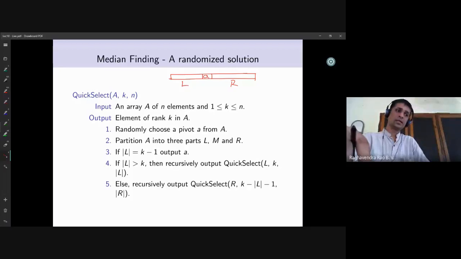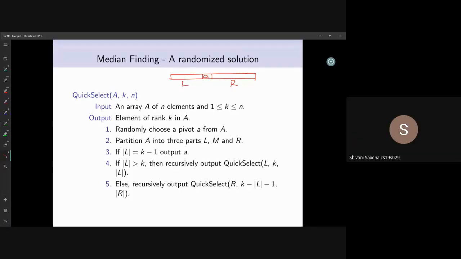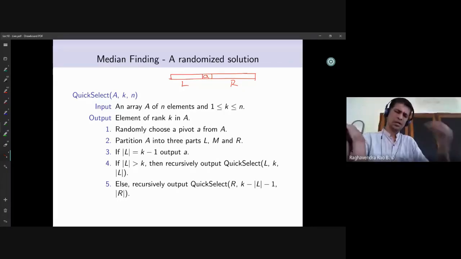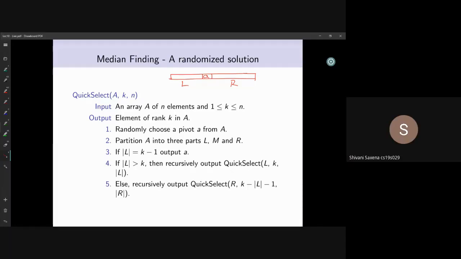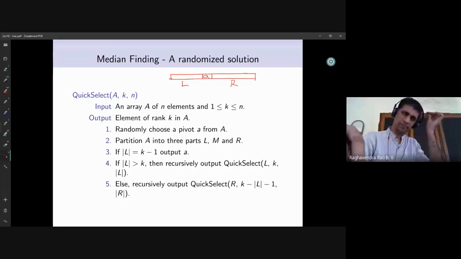Yes, you're right. So why not remove all these left elements and take elements from the right side of this pivot, or allow the pivot to the rightmost side? I didn't get your point. What are you saying? I am saying suppose that A is the pivot element that we got the first time when we run this algorithm, and